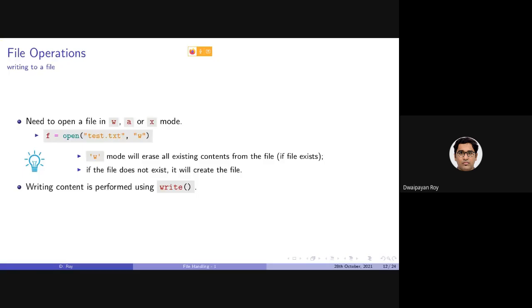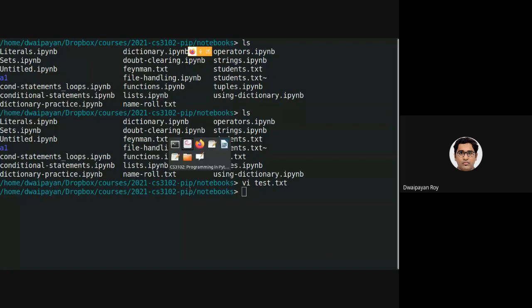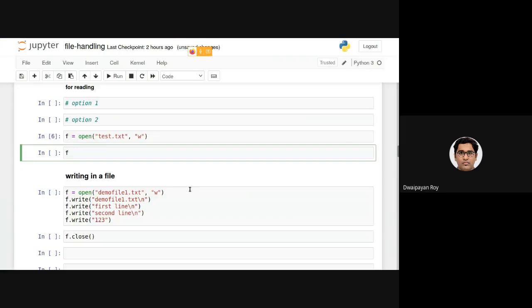To write content in the file, the corresponding function is called write. So it is f.write, where f is the object that the open function has returned. I will be using that object to write something, say, hello Python.